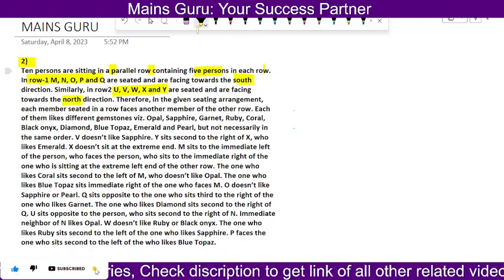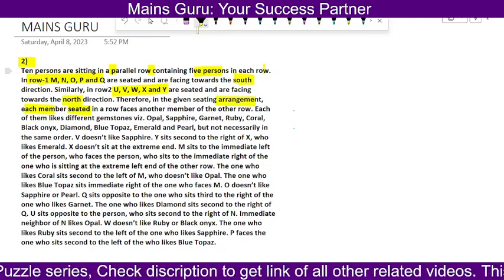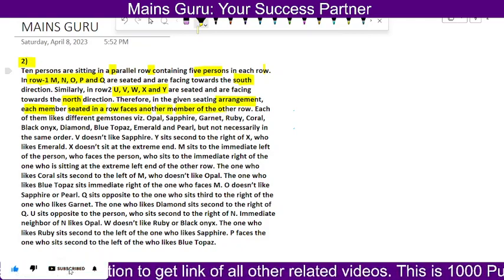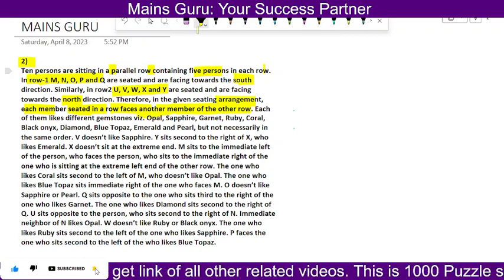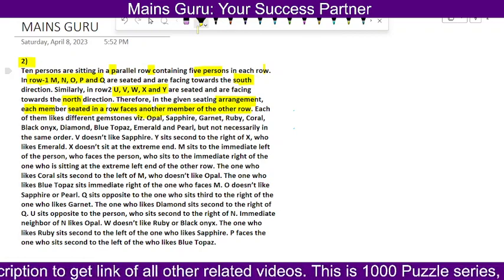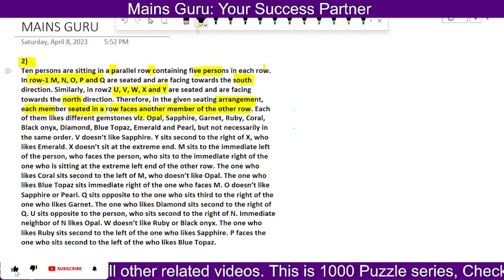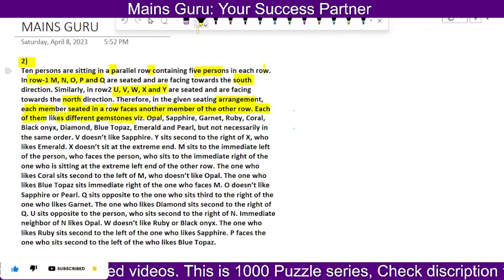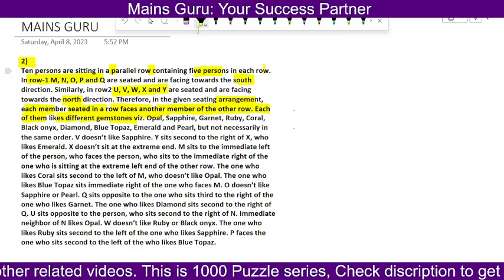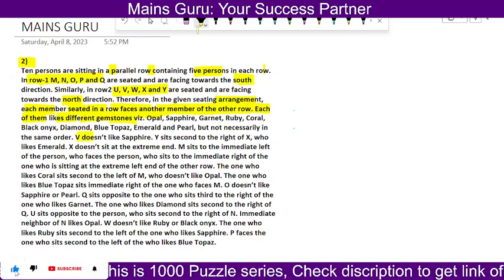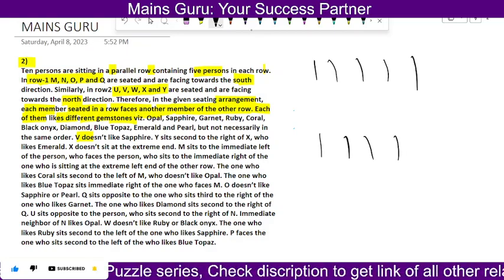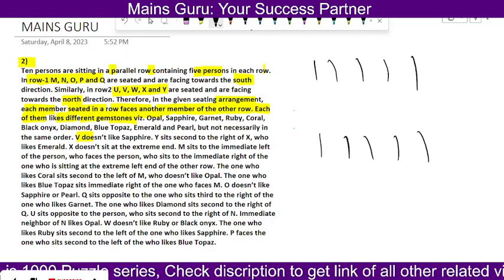Okay, and therefore, in the given seating arrangement, each member is seated in a row, and a member of one row faces a member of the other row. Each of them likes a different gemstone. These are the gemstones given. Okay, from here the conditions start. So first of all, we will make the two possibilities for this. Now one by one we start